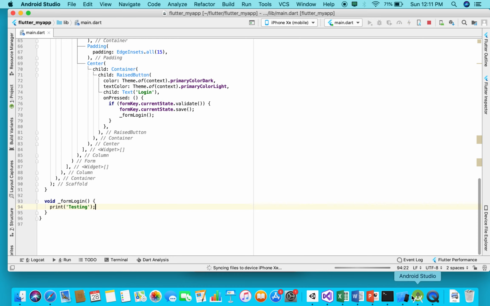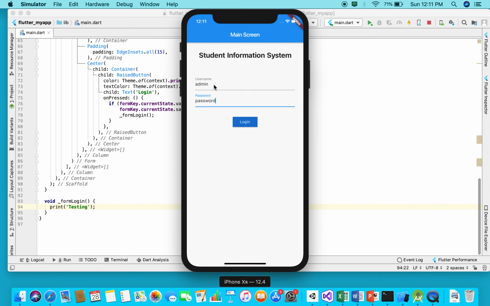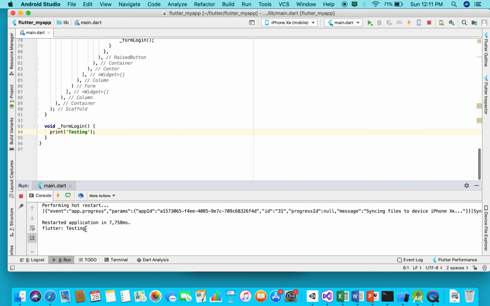So you can run. Okay, you can see what happened here. Admin and password, login. So nothing happened, no problem. Go to run. You can see this is testing. Okay, the next step is